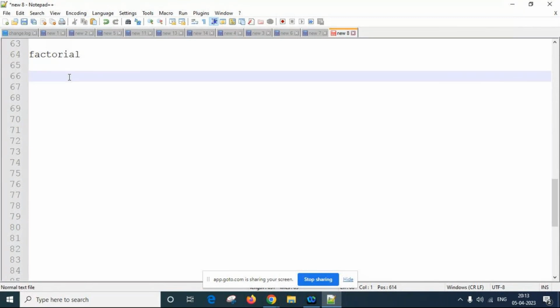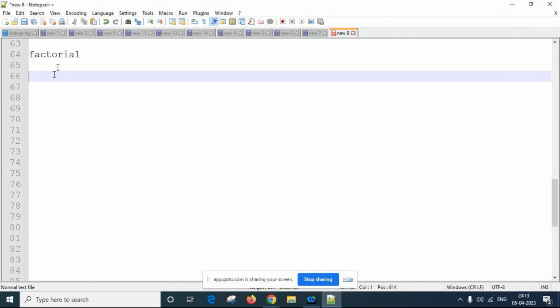Now we'll go for factorial. I think mostly everybody will be aware.